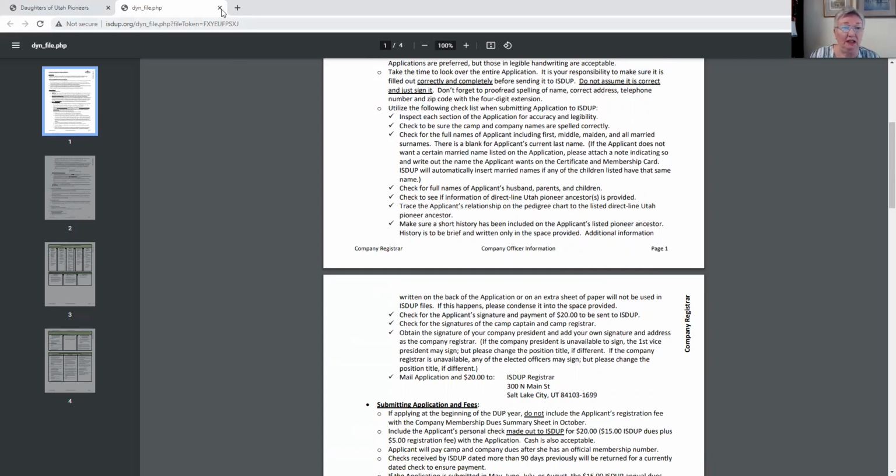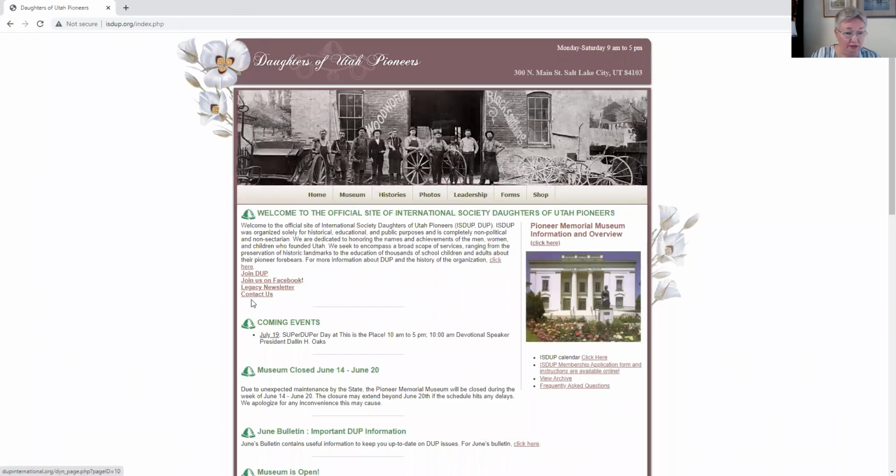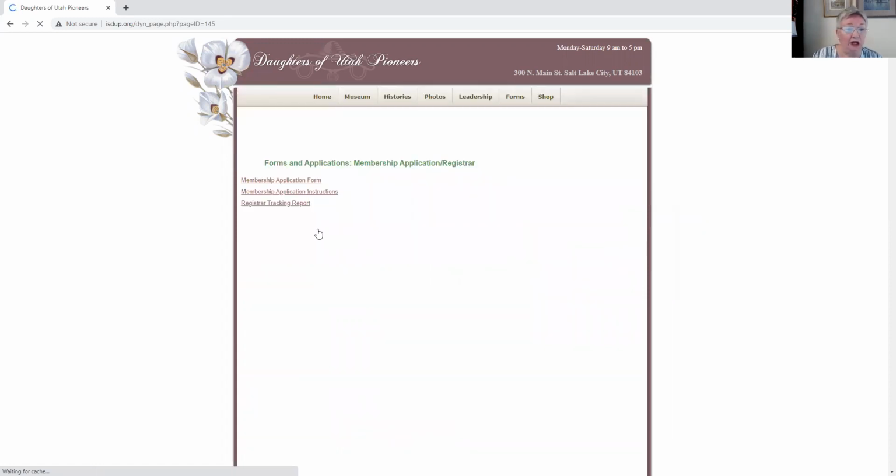And at this point, I would like to go to the application itself. And that can be found on the home page, Join DUP, or Forms, Registrar. And you can click on the application form and also the application instructions.